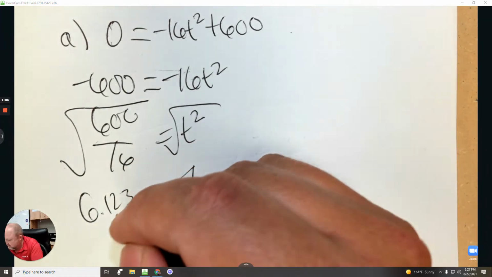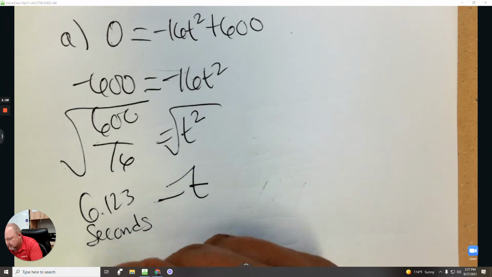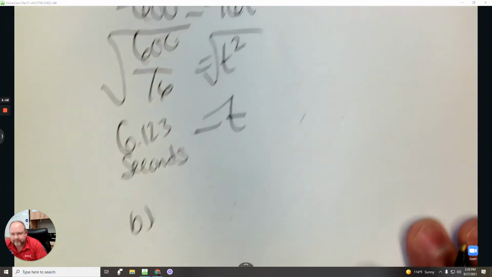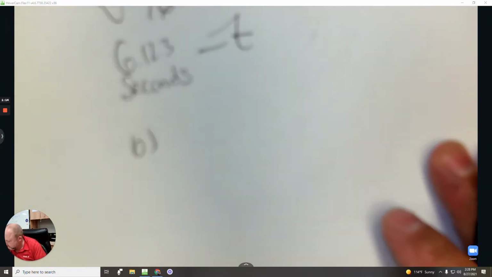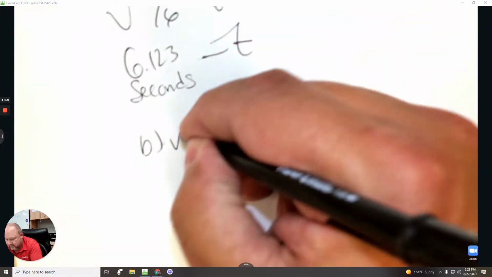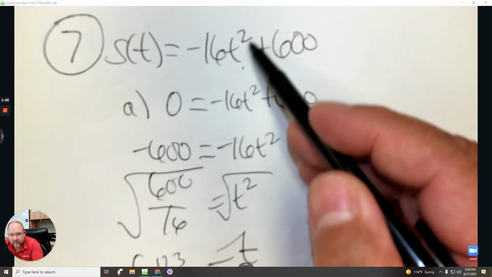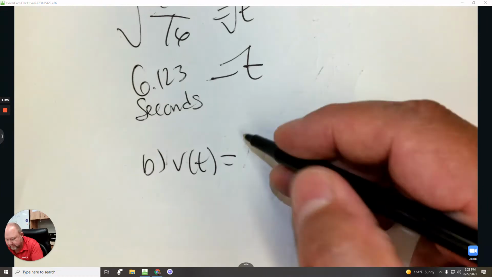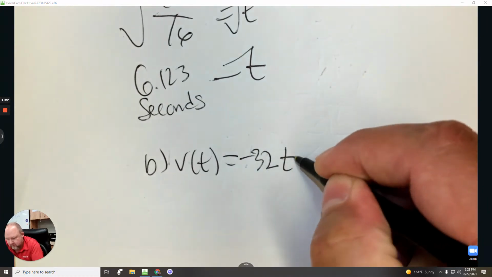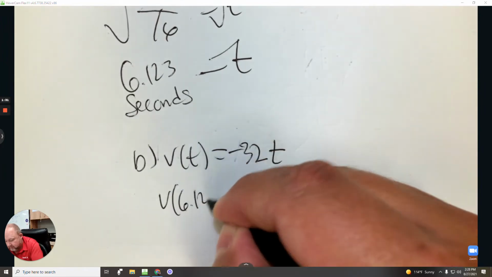And that is in seconds. For part B, what is the pebble's velocity when it hits the ground? So the velocity is the derivative of the position. So 2 times negative 16, negative 32t, the derivative of 600, 0. Then you plug in 6.123